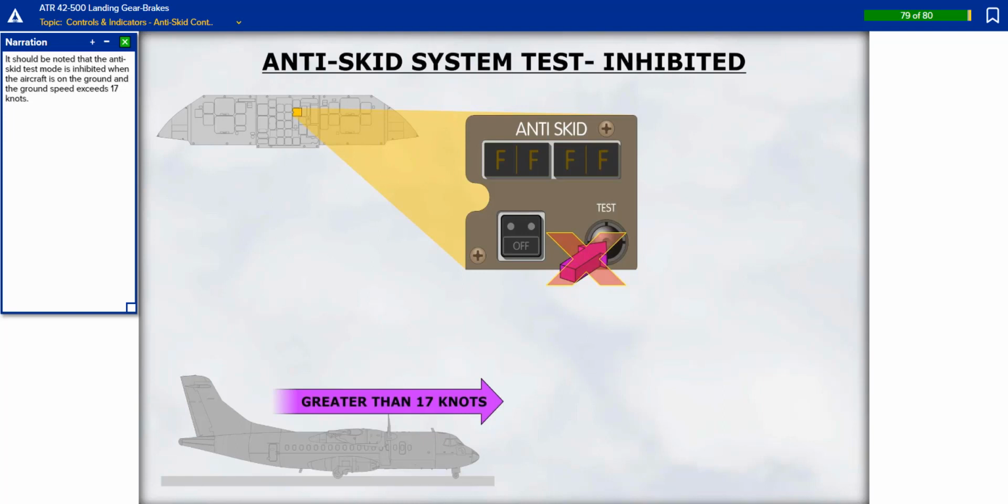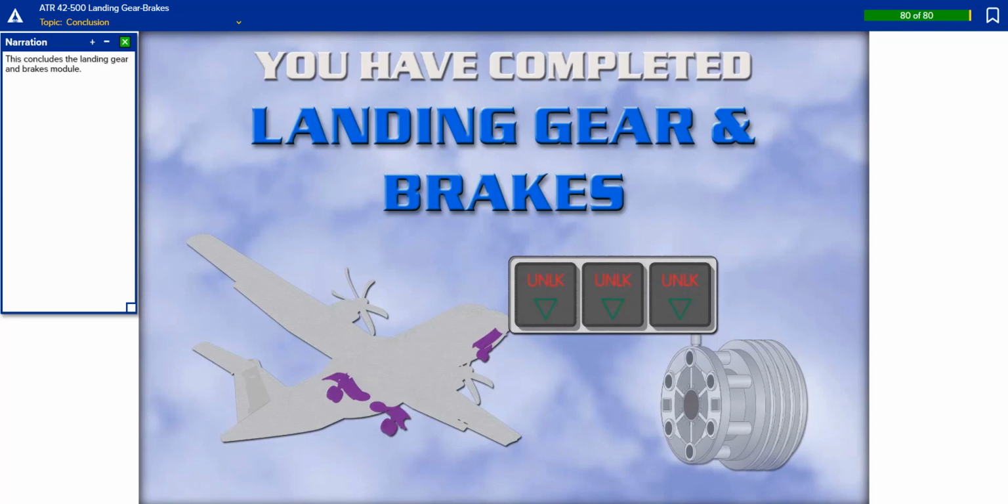It should be noted that the anti-skid test mode is inhibited when the aircraft is on the ground and the ground speed exceeds 17 knots. This concludes the landing gear and brake